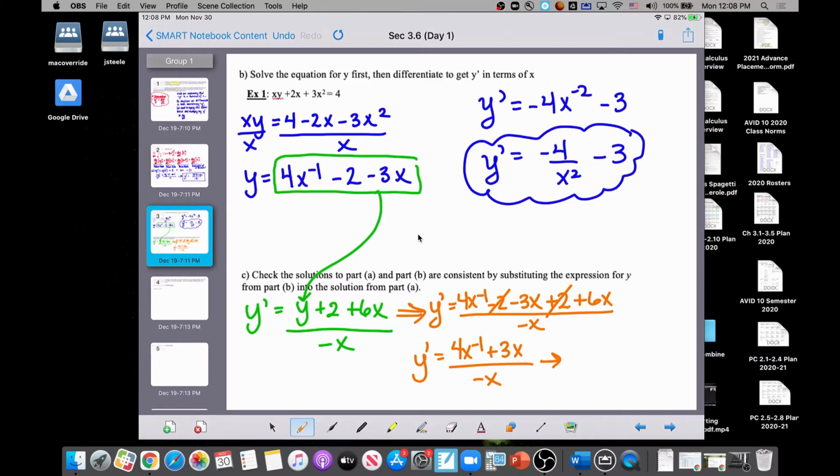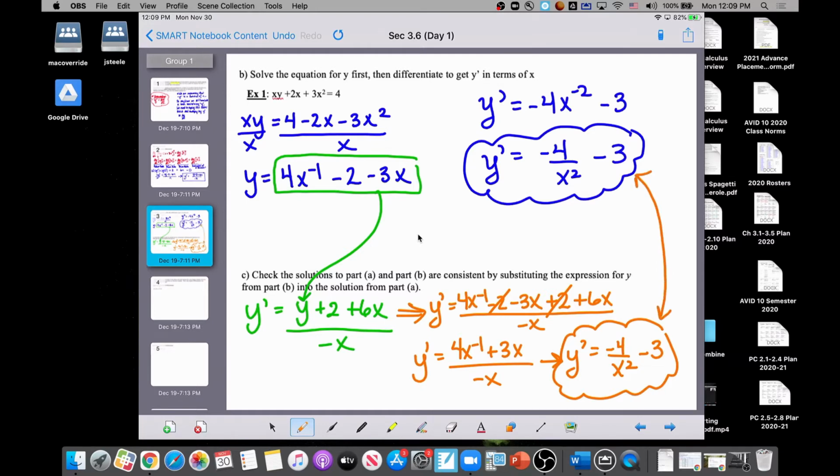Well, if I simplify that, 4x to the negative 1 divided by negative x. Well, if I move that x downstairs, that's going to make my term negative 4 over x squared. And then my second term, the 3x divided by negative x, that's just going to turn into negative 3. So as you can see, when I did that substitution for what y was equal to, now my answer looks